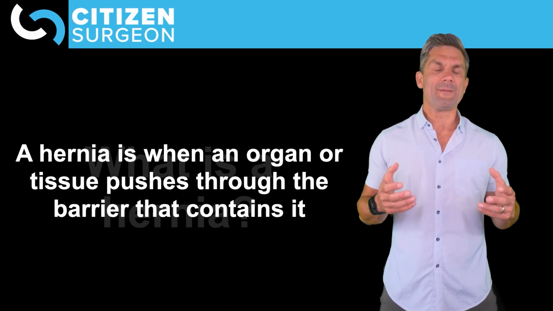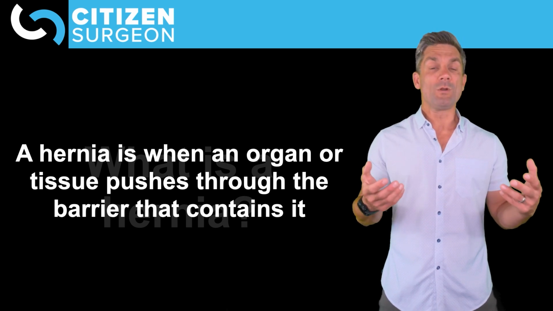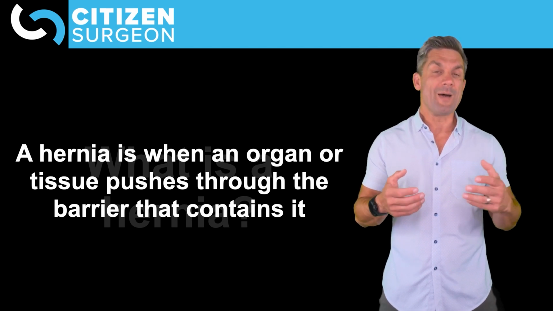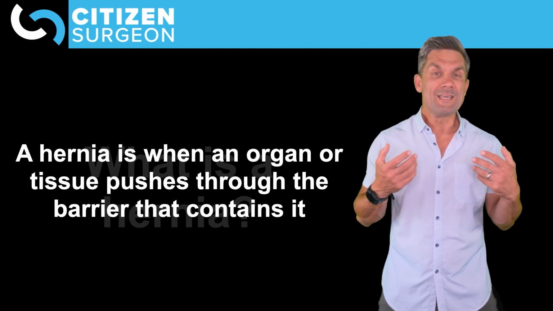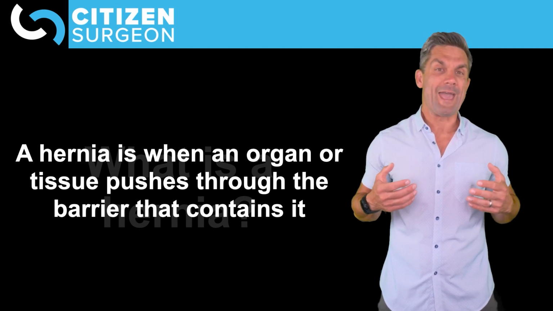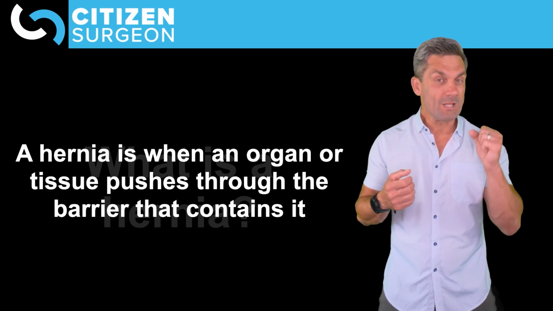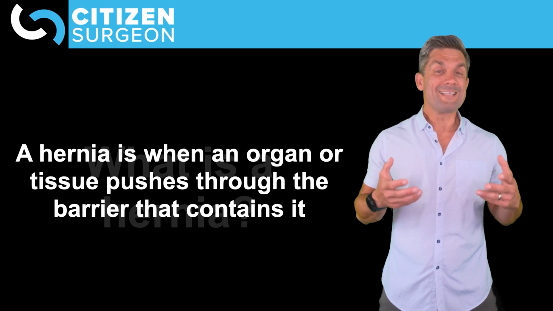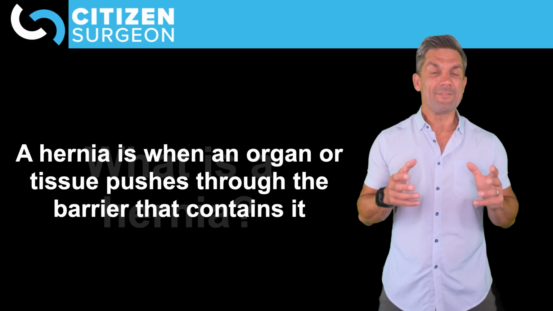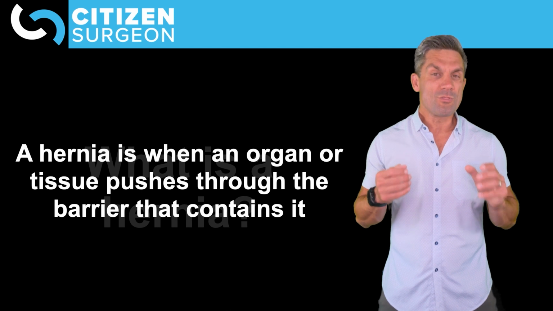it. I don't like to think about it as a weakness in the fascial layer because, for example, an inguinal hernia, if we have a direct inguinal hernia, and we're going to get to that in future videos, but a direct inguinal hernia is just the continuation of a congenital structure, that tunnel from the peritoneal cavity into the scrotum or into the labia. And when that tunnel doesn't close off, you have an inguinal hernia. Now, that's not necessarily a weakness, that's just persistence of a congenital structure. So I like to think about hernias and define them as the protrusion of bowel or tissue through the barrier